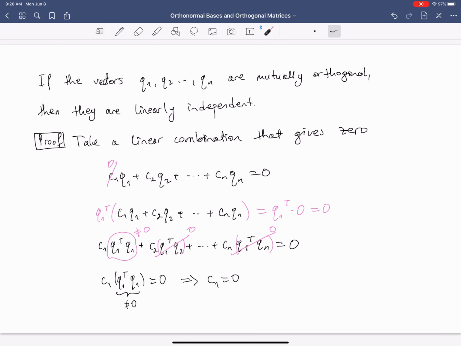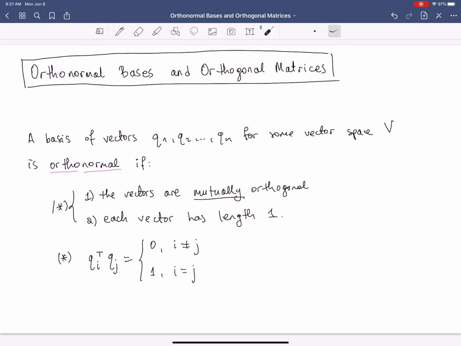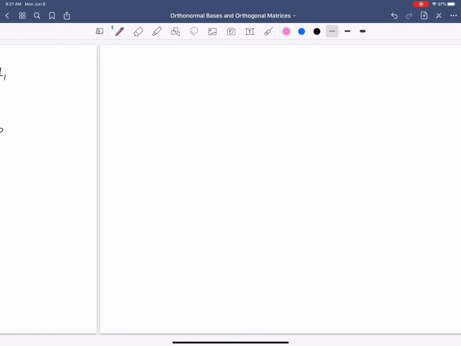Okay. With this, we see that when we take a collection of vectors, we really do have a basis for the span of those vectors. So this vector space V over here really is just the span of the Q's, right? Whenever you take a set of linearly independent vectors, you have a basis for the space spanned by those vectors. Okay, now what happens if we put these vectors